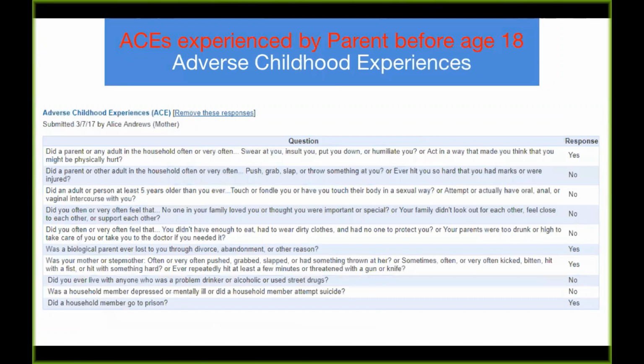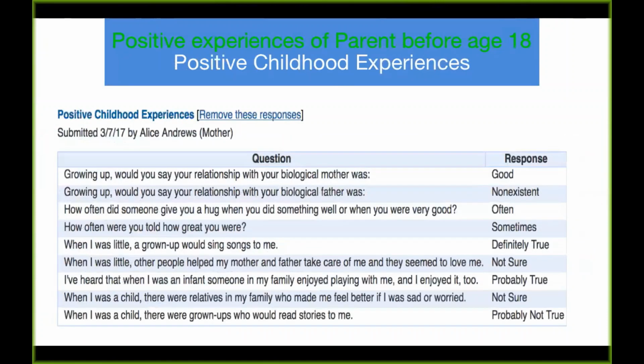inside of CHADIS. And these are the standard ACEs of what the parent experienced before they turned 18, because these are the things that are not only affecting their long-term health and mental health, but also affecting the way they parent the child. And often, the things that happened to them when they were young may still be continuing to be burdensome to them, or it may predispose them to find partners who resemble those family risk factors they had when they were young. So this is the same 10 that you saw described before, but these are framed out for the first 10 years of the parent's life.